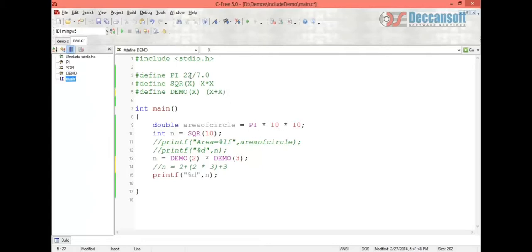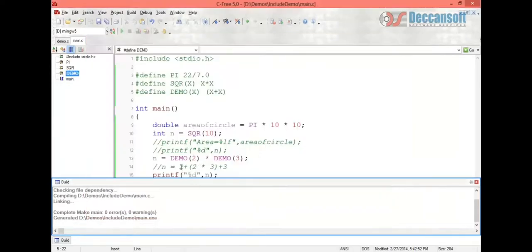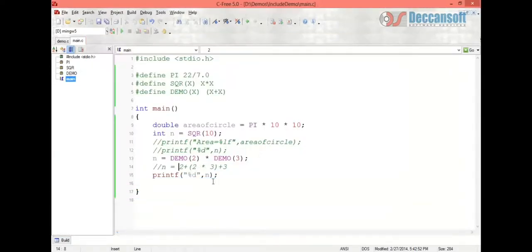If we replace with brackets, then we may get 24. But if we don't use brackets, we get 11. Previously we hadn't used brackets, now we have replaced it with brackets. So for printf, we have already got the output.